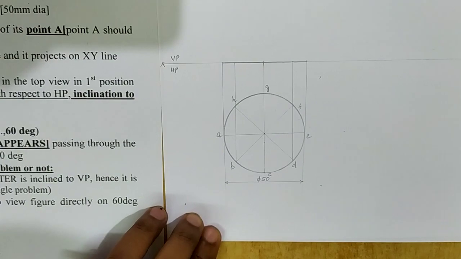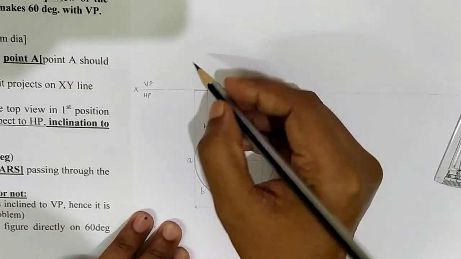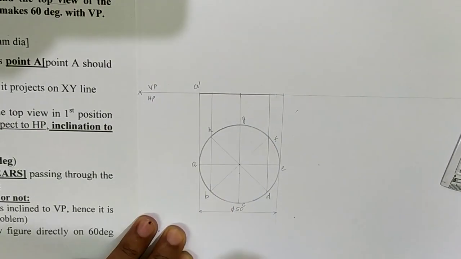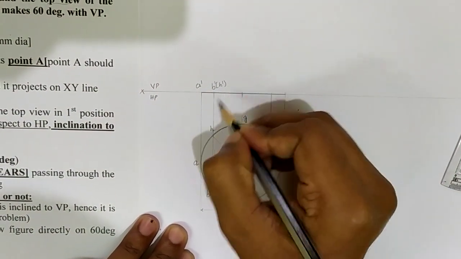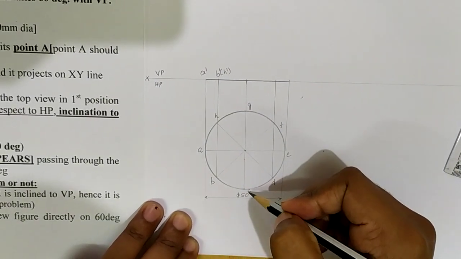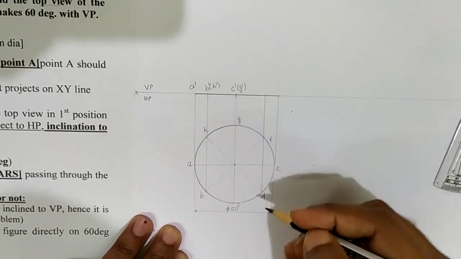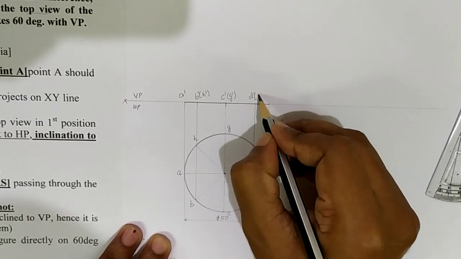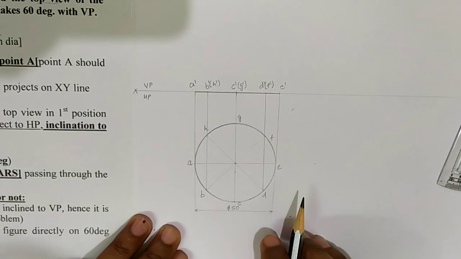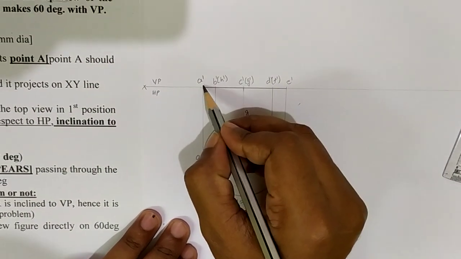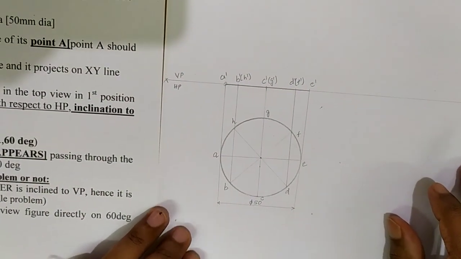Okay, so now the front view namings. I need to put dashes for this. So this point will be A dash. What about this point? B dash of H dash, because H is nearer to the XY line. Here I am having C as well as G. So C dash of G dash, D dash of F dash, and finally I am having E dash. Which will act as a reference here? Point A will act as a reference. That should be your resting point. Okay, so this is the first position.